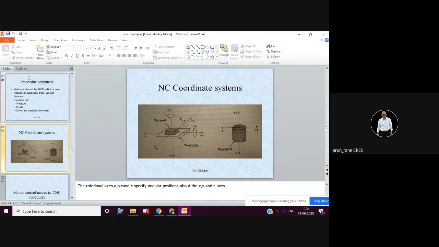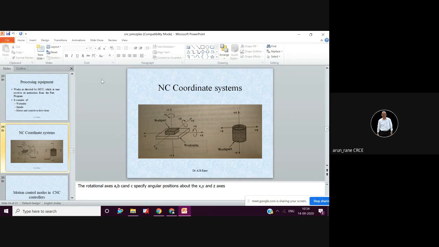In case of lathe, the spindle is like this, so in lathe the horizontal axis is the Z axis and not the X axis. Remember this always in case of lathe.